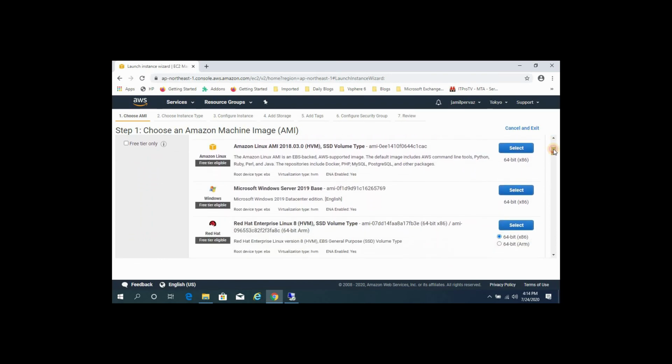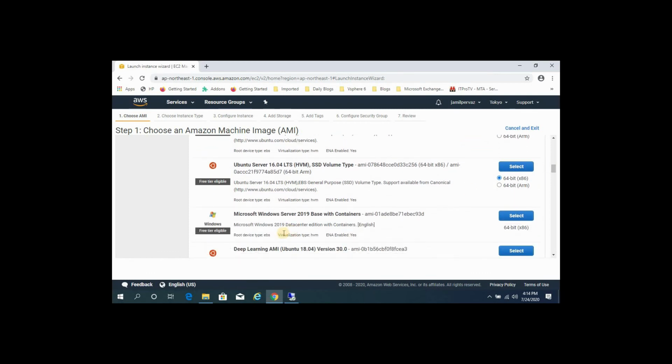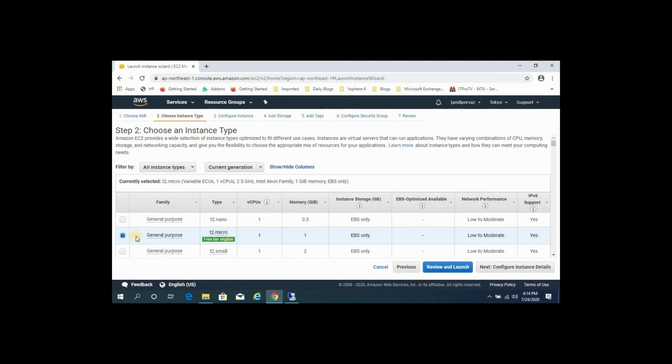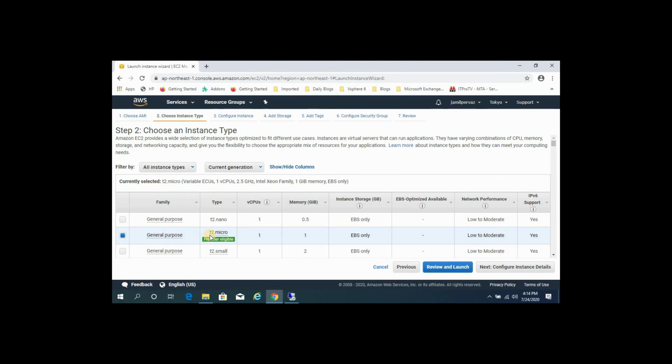Select an image; I am selecting Windows Server 2019. Click Select. For instance type, general purpose, only one is available, the T2 micro, which is free tier. Select it and click Next.